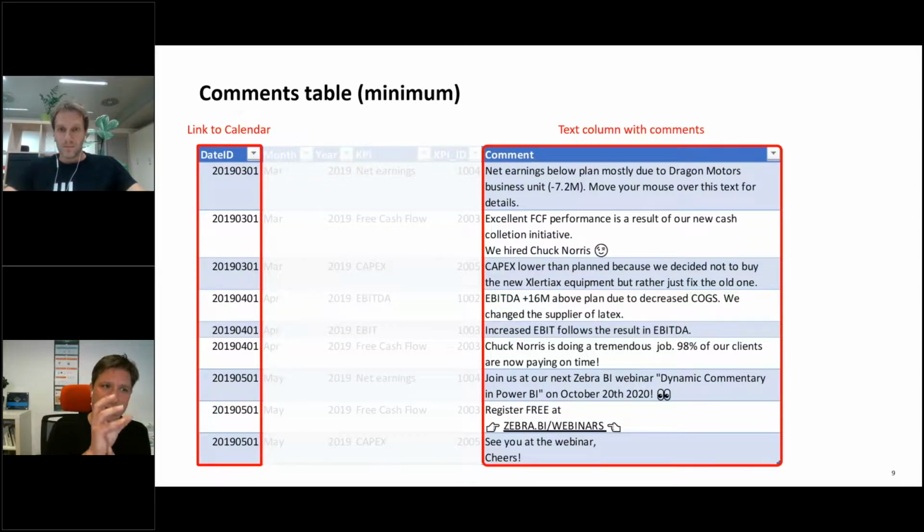So that's why you need to have the date, either a date ID or just a date field, or the date time values, depending on your Power BI model. But this is a minimum requirement. Now, in a realistic case, your comments will probably also refer to certain KPIs or maybe business units and so on,